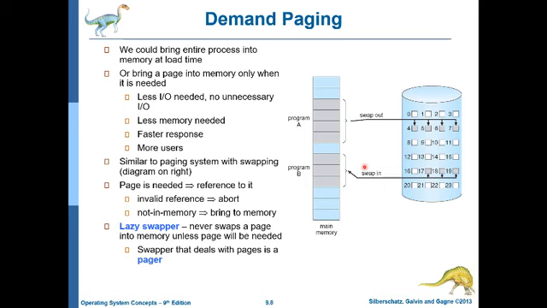Demand paging means that you load a page into main memory when there is a demand for that. So when is there a demand for a page? There is a demand when you need to execute an instruction from that page. So the logical memory of the program,